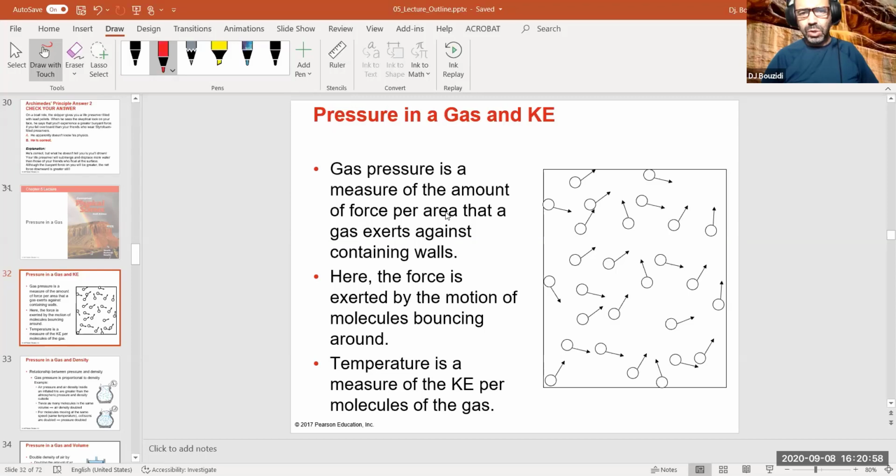Gas pressure is a measure of the force per area that the gas exerts against the containing wall. Again, if you do the theory for this one, there is a kind of sad story that I always try to remember when I come to this point, because we were trying to understand the gas law, and there were a lot of people working on it toward the end of the 17th century and the 18th century, and actually into the 19th century, toward the end of it, Mr. Boltzmann came up with a theory basically explaining the pressure in gases. And he said, look, gases are made up of tiny particles.